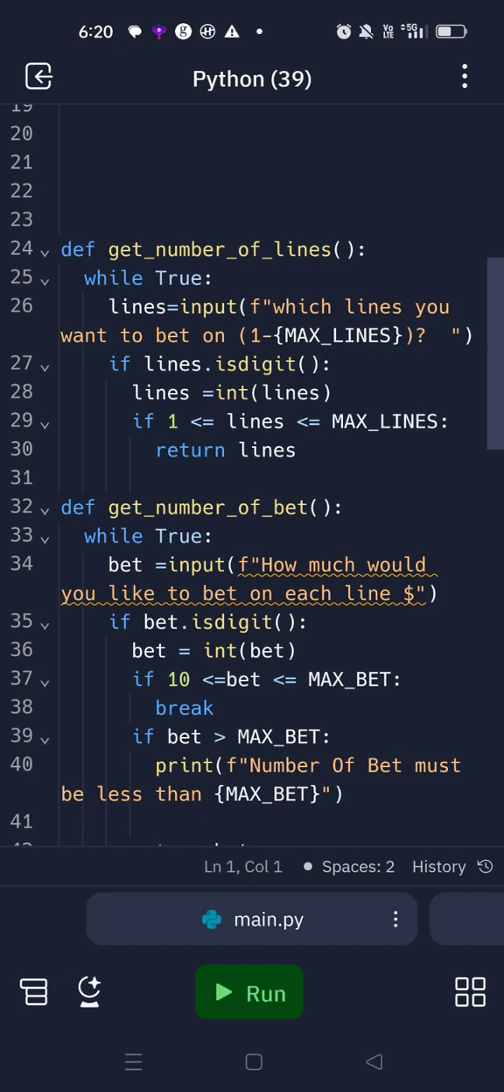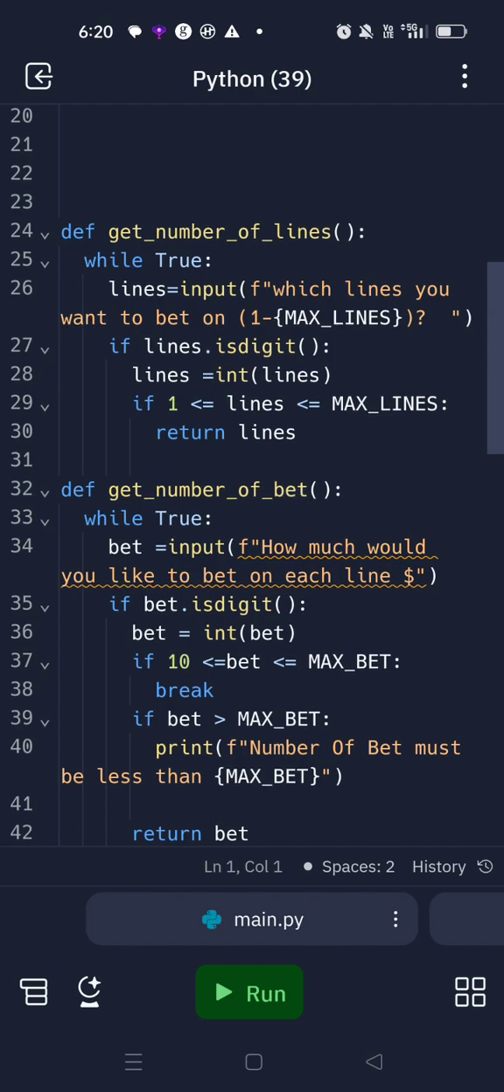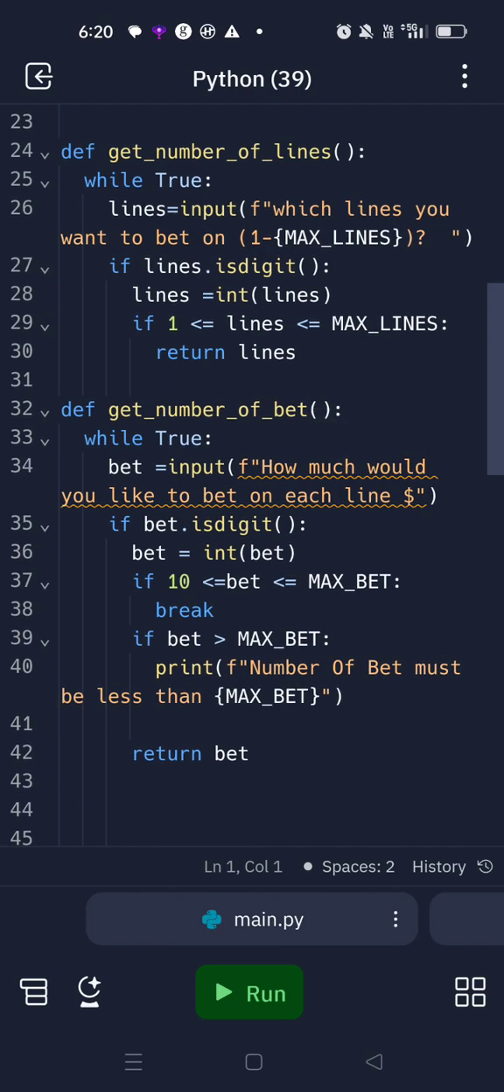def get_number_of_lines, while True, lines is equal to input f-string. We should use an f-string here. F-string which lines you want to bet on, 1 to max lines, question mark, then bracket close. If lines.isdigit, lines is equal to int(lines). If 1 is less than or equal to lines, less than or equal to max lines, return lines. Okay,